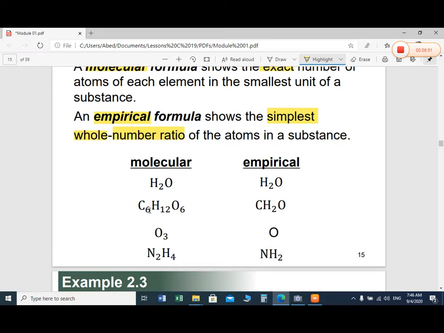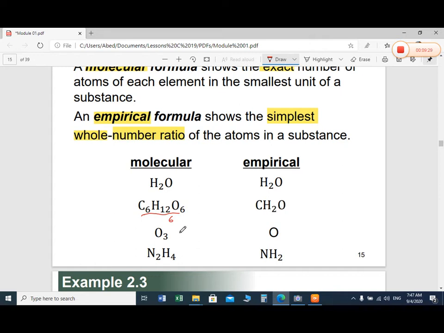But this is glucose, C6H12O6. If you look at these numbers of atoms, 6 is the smallest even number present in the molecule. So we can divide by 6. Let me show you a small idea, the method to divide C6H12O6. You don't need to write it like this, but I'm just teaching you to divide by 6. So when you divide by 6, CH2O, this will be the answer.